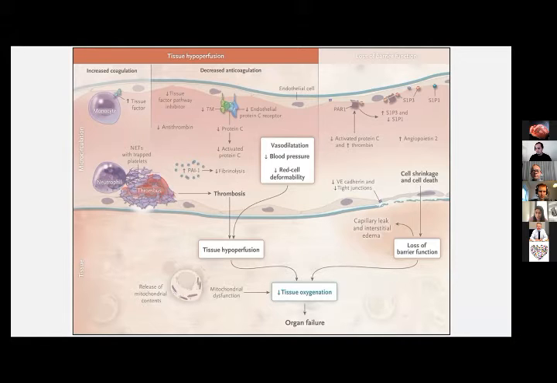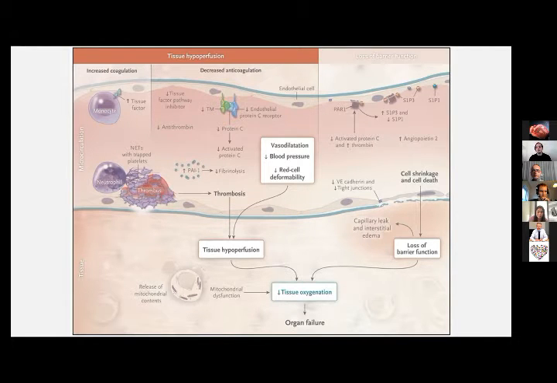Hence, you get vasodilation, the blood pressure is going down, and there is less red cell deformability. There is cell shrinkage, cell death, and a capillary leak. Hence, you see the interstitial edema,